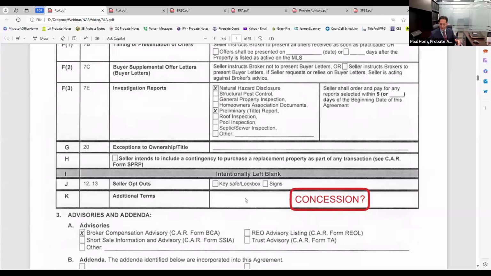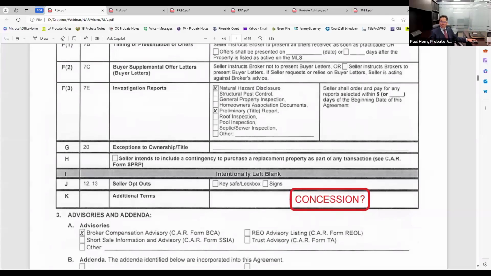If the seller, after you explain everything to them, after it's fully negotiated, after they are fully aware, hey, I'm only paying only the listing agent. Hey, but I understand how the marketplace operates. I want to give a concession. If that's the case, then after you go over with them the MLSA form, you put a check mark under 5B2, then you come here under additional item K, then you would do your concession there.